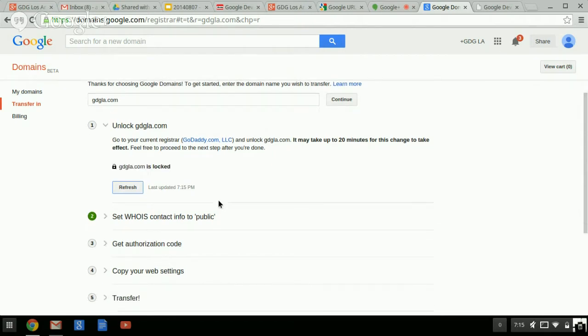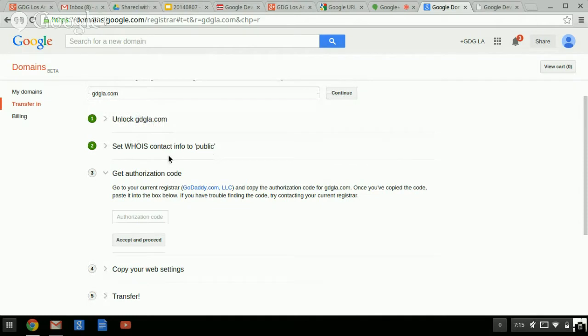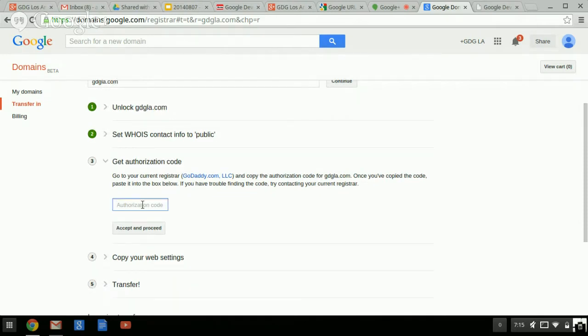While I'm waiting for that, it's like a 3-step process. So besides the whole transferring and the unlocking, there's also this extra authorization code that you have to do. So I'm going to go ahead and request that from GoDaddy too, and they're going to email it to me. It's a multi-step process. So that was pretty quick. Yeah, it's unlocked. Okay, now there's this authorization code, which is sent to my email.